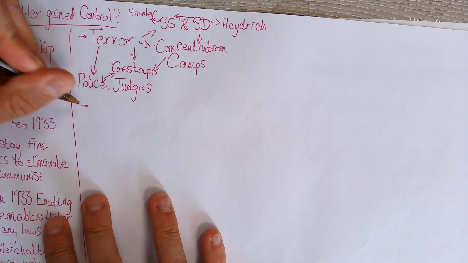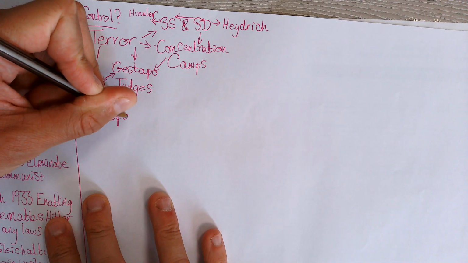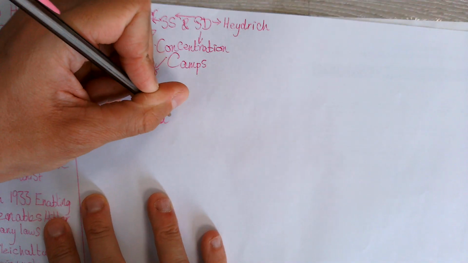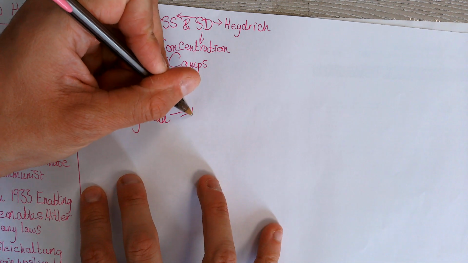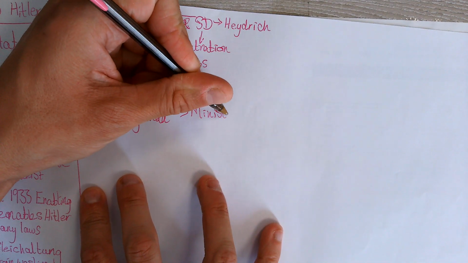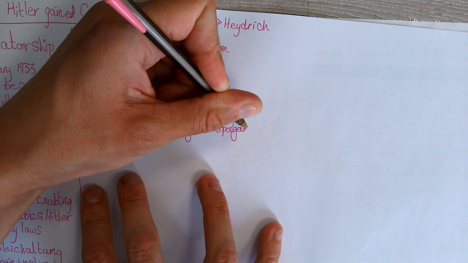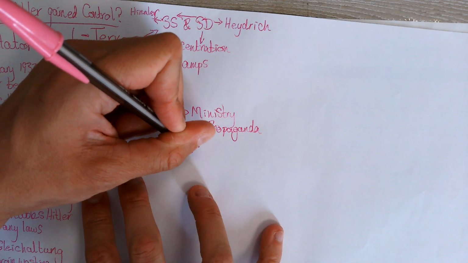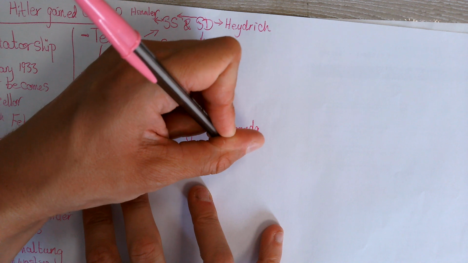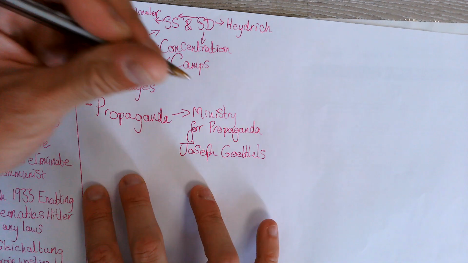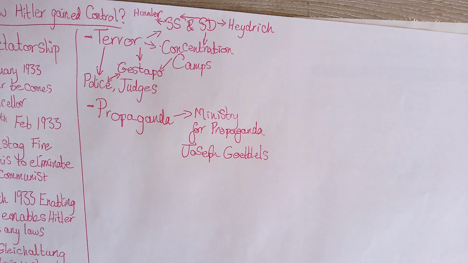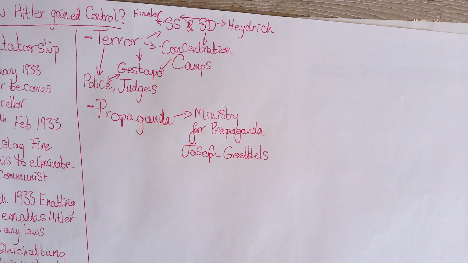The other side of how the Nazis are gaining control is propaganda. Obviously, this is led by the Nazis' Ministry for Propaganda. And the head of that is Joseph Goebbels, this really sinister figure that we've spoken about. You might remember us looking at that photograph that captures the moment that Joseph Goebbels is told the man taking the photograph is Jewish, and he looks really sinister, I think. A strange character. But he was a master of propaganda, right?